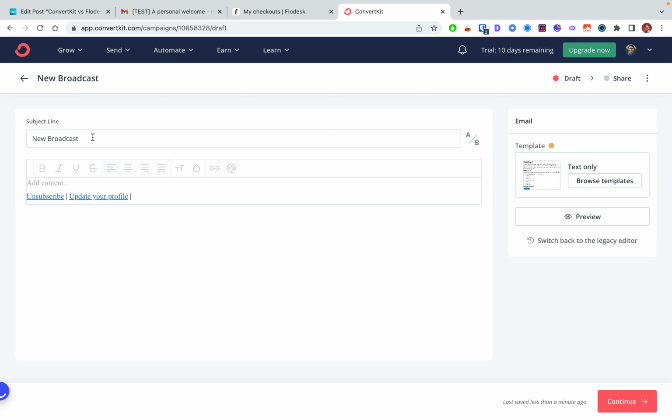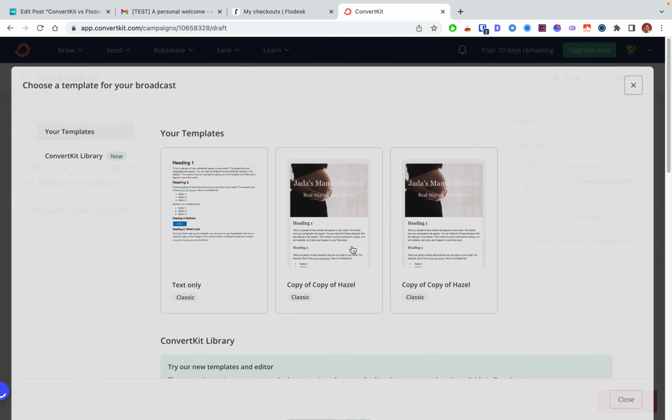So in the broadcast, you have a subject line. You can A/B test, again a very good feature within ConvertKit. You can add certain templates, and you can create your own templates. You can also add things like, let me just add the content in here. Hi, welcome to my newsletter. And then let's see if I want to add any templates. Now within the templates, you have